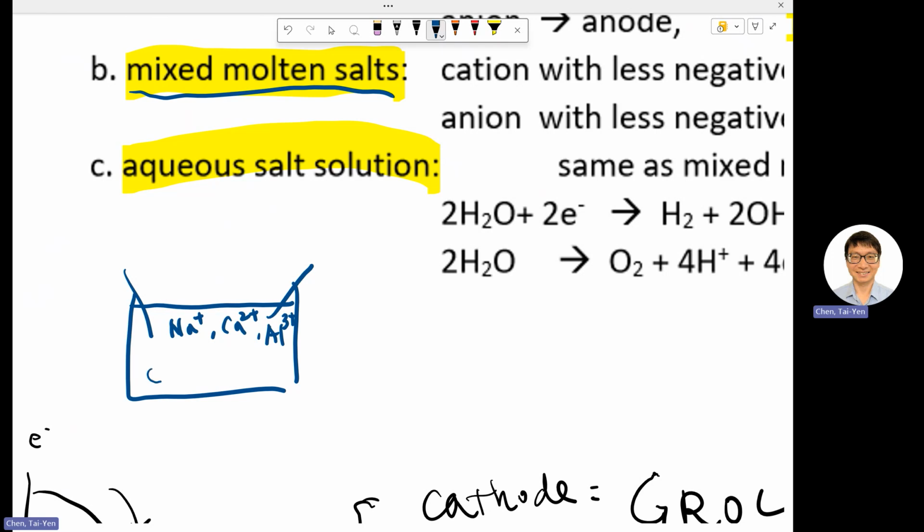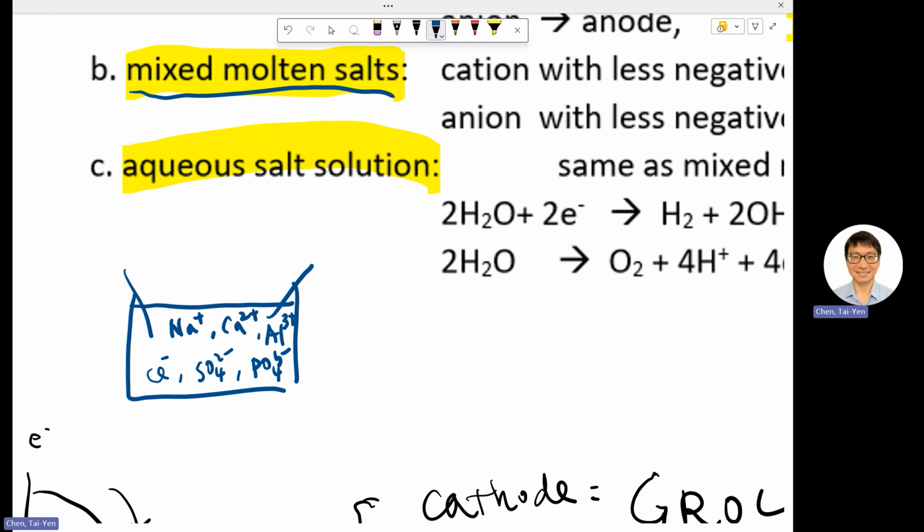You may have Cl-, SO4 2-, PO4 3-. And then it's going to ask you, among all these cations and anions, which one is